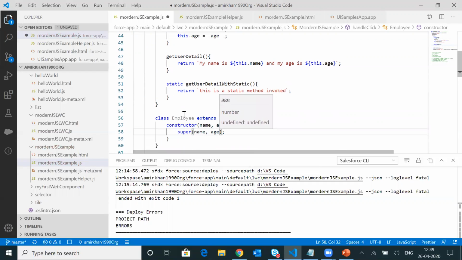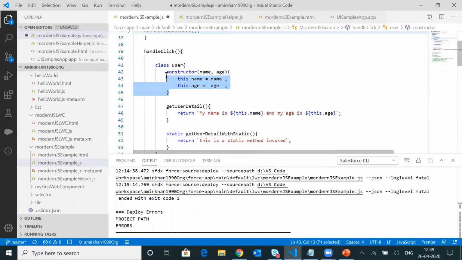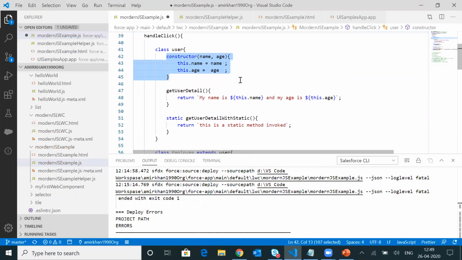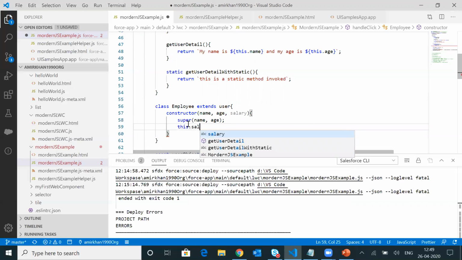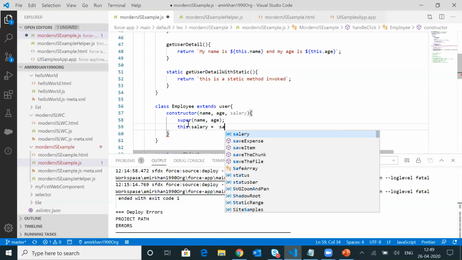It will automatically call the parent constructor and assign the name and the age variables. Also, we can assign the additional parameter that we have passed with the employee class, with this.salary = salary.